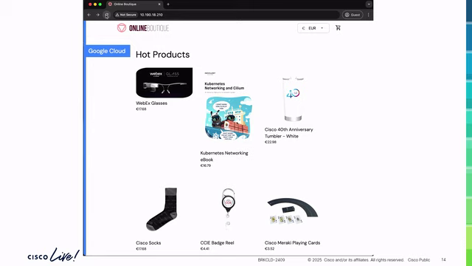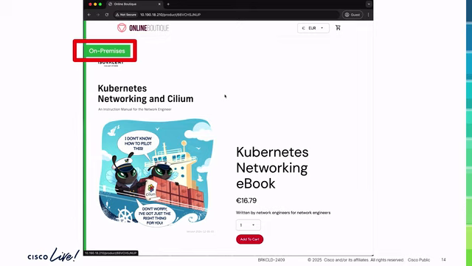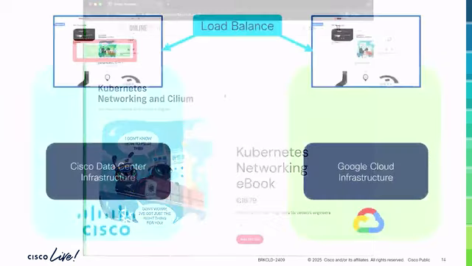We are going to show this application here, which is a multi-cloud hosted application in Google and on-premise. You can see that one of our friends and co-presenters has shamelessly put his book into the store. It doesn't actually cost $16.79. It is free, and he's doing a signing, I believe, tomorrow at the iSolve Cillian booth, so you can get a copy there.